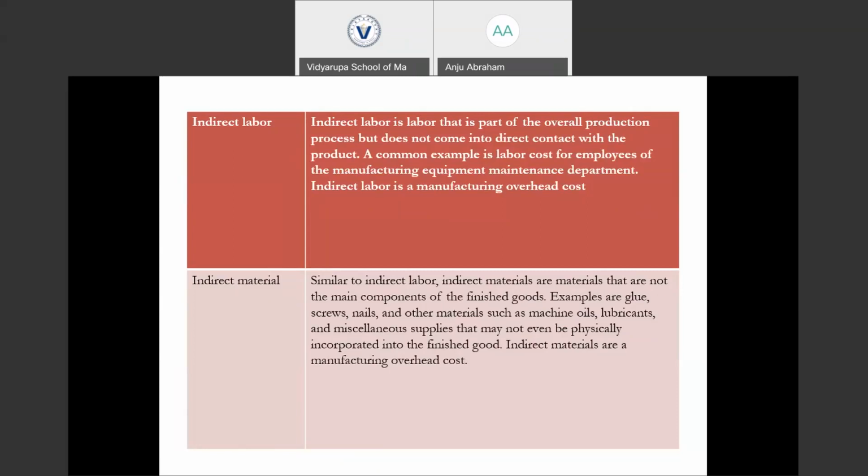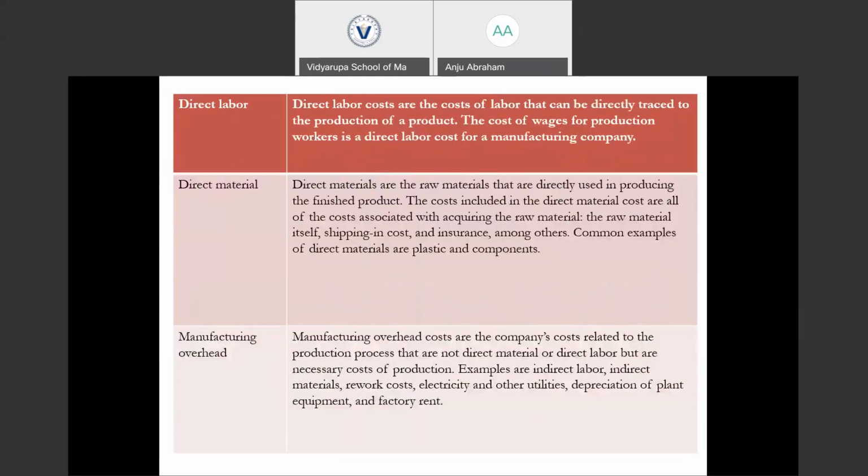So indirect materials are also part of the manufacturing overhead cost. The production cost includes direct labor, direct material, and manufacturing overhead. In manufacturing overhead, we have indirect labor, indirect material, basic amenities cost, depreciation cost, factory rent, and other costs incurred.